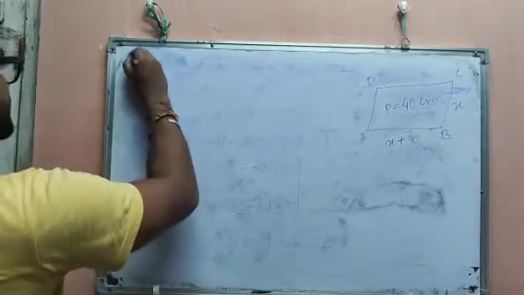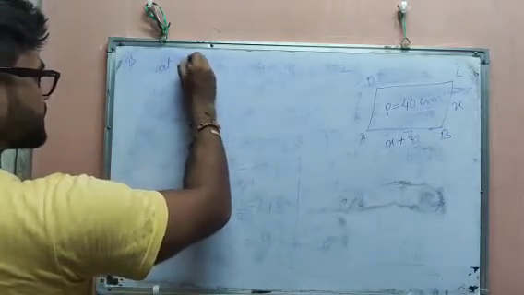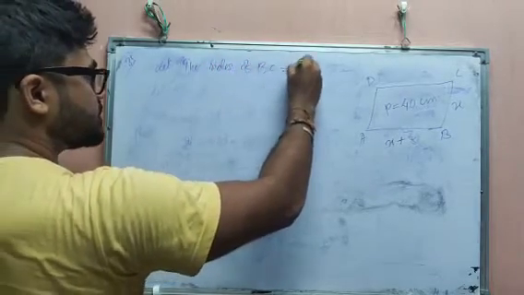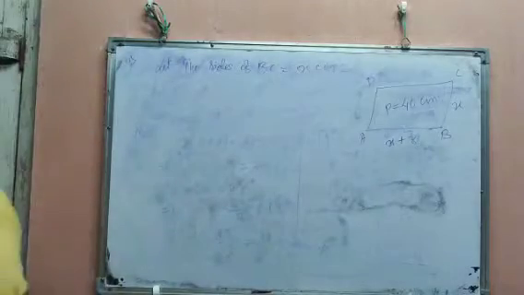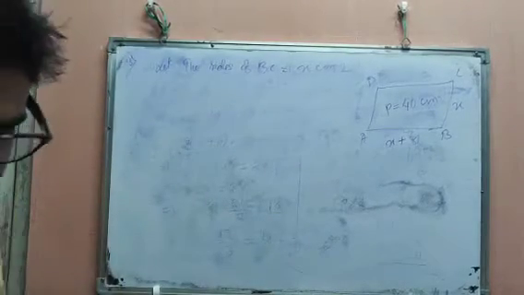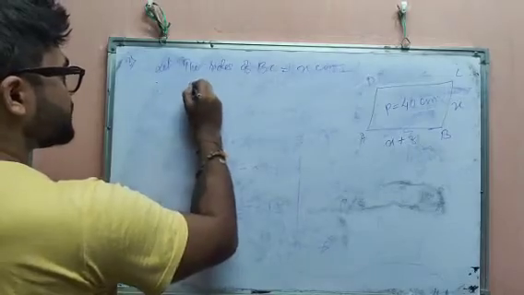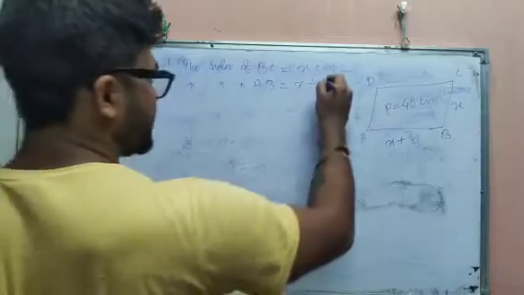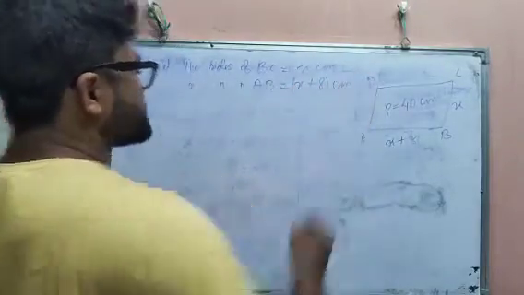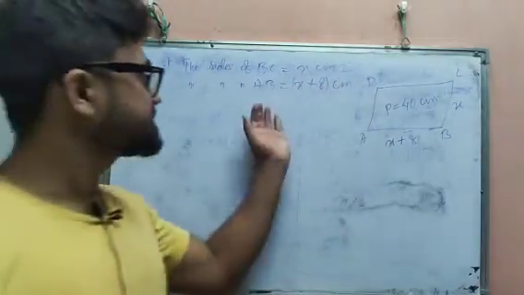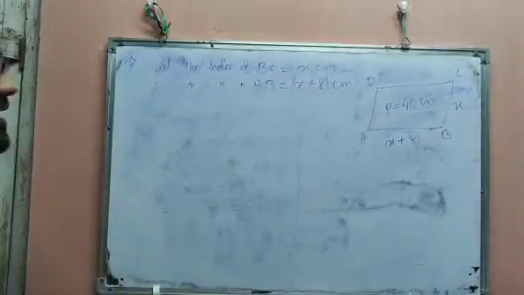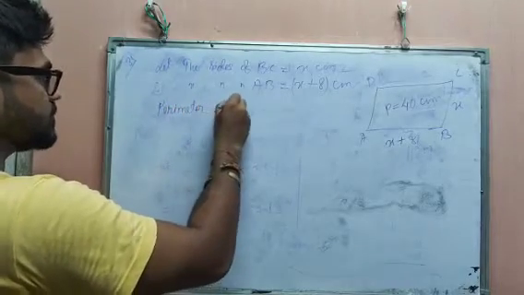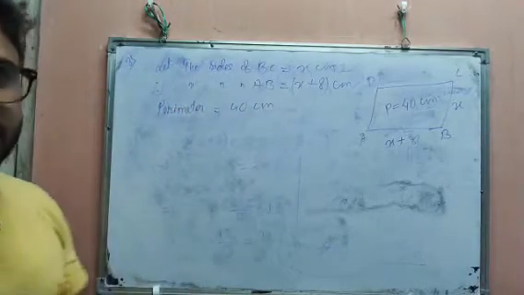So very easily you can do, let the side BC equal to x centimeter. Okay, that means you can write what? Therefore the side AB equal to x plus 8 centimeter, because this is 8 centimeter longer than BC. So perimeter is given, perimeter equal to 40 centimeter. So we have to find out all the sides.